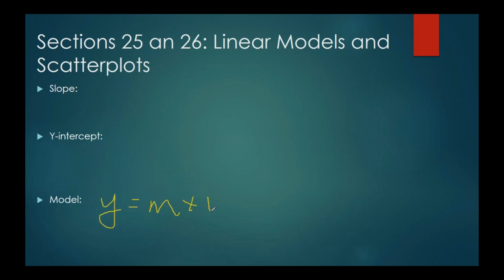Y equals mx plus b. That is what we call our linear model, and we're going to use that a lot. The slope part of that is m, and the y-intercept part of that is b. So let's kind of go with that. If nothing else, let's at least get the vocab out of the way. So the slope is our constant change,